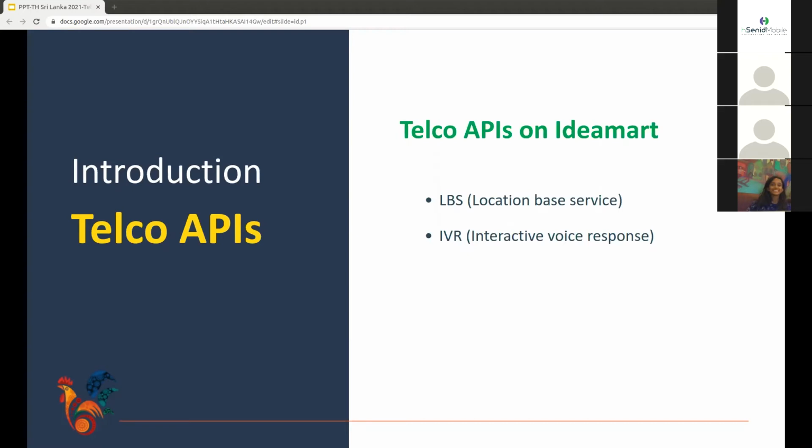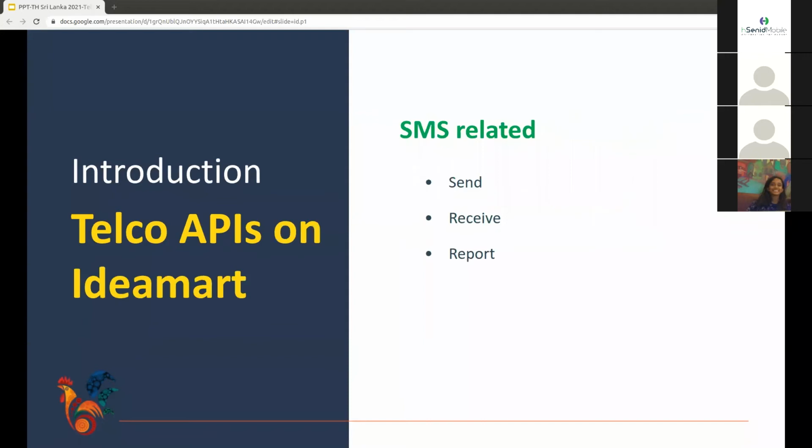I will briefly go through the methods under each mentioned category. You can use the API documentation to get more details on these API methods, and I will be sharing the link. So you can get more details on the endpoints, parameters, and sample requests and responses for each method. Under SMS, we have send, receive, and report, and CAS, direct debit.